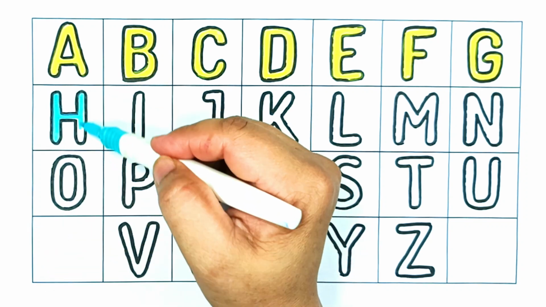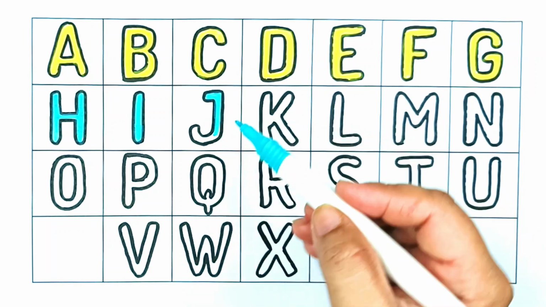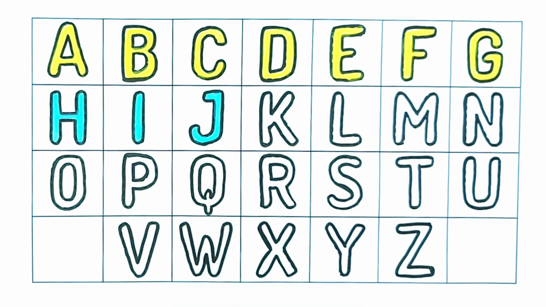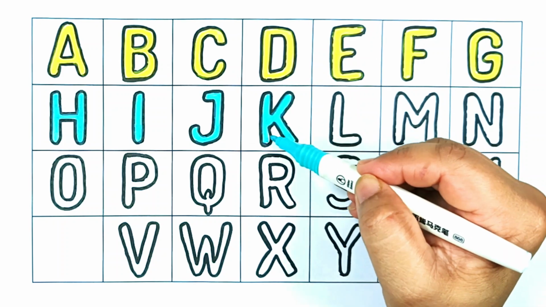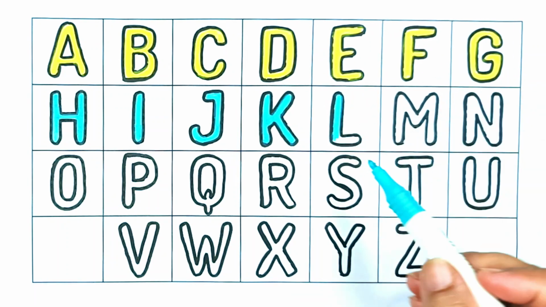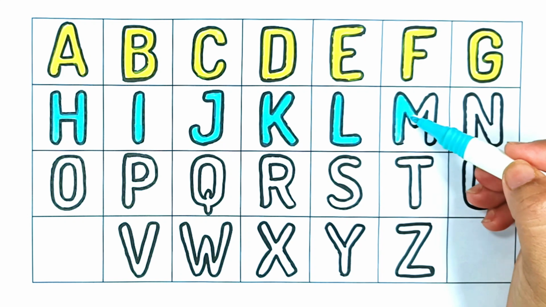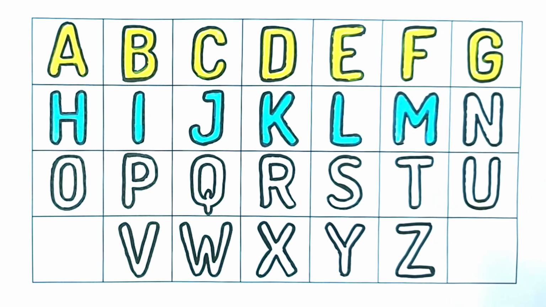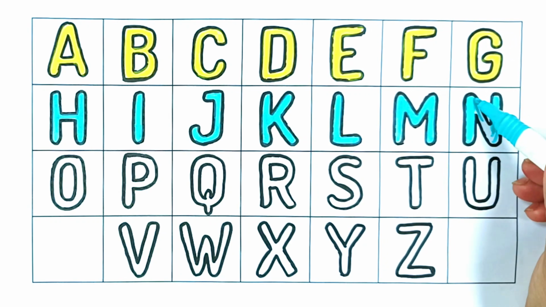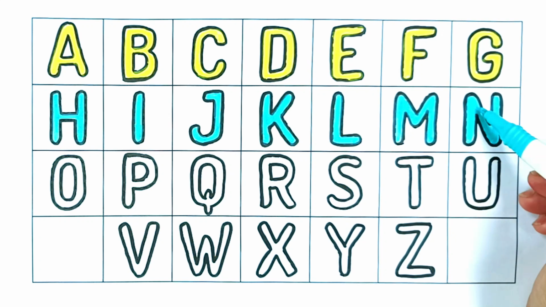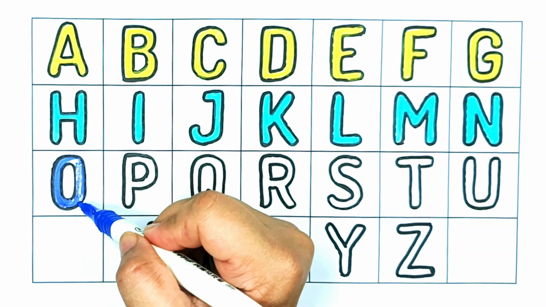H for hat, H for hat, I for igloo, I for igloo, J for jam, J for jam, K for kite, K for kite, L for lamb, L for lamb, M for man, M for man, N for net, N for net, O for onion, O for onion,